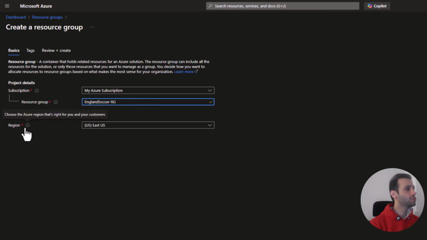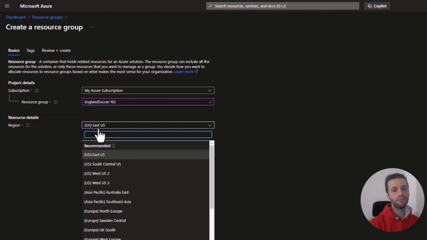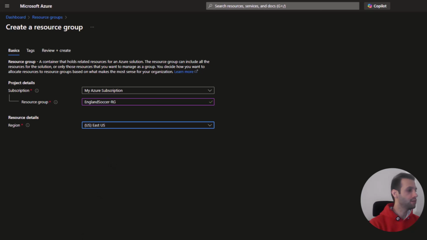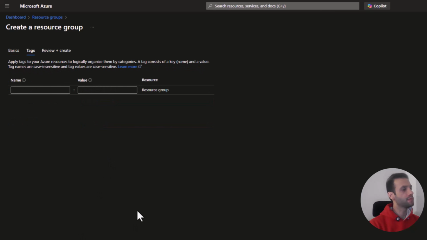Now you have to choose the region. Based on your location, you can choose one of these options. Definitely, when you choose the data center nearest to yourself, you can have much faster resources. I used East USA. Now we can go to the next step. The next step is just tags. These steps are pretty important for IT teams and data engineer teams, but not for data scientists and data analysts, because